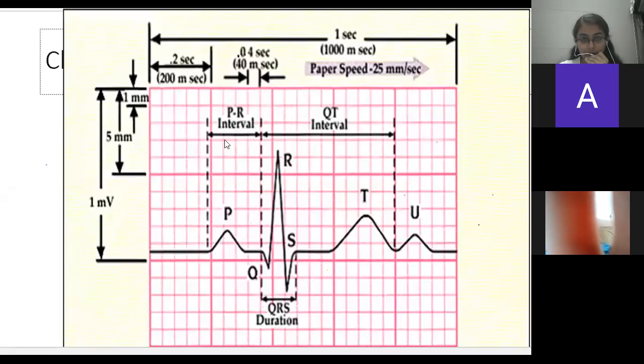This is just for you people to understand how the ECG paper looks like and what is the significance of small boxes and big boxes. Big boxes will even help you to determine the heart rate. Okay, that we'll see later. Okay, now one important thing is we saw P wave, then we have an isoelectric line, we have Q wave, then R wave, then we have S wave, and then you have another isoelectric line, then you have T wave, and then you have U wave. Yeah, we'll talk about U wave later. Just keep your concentration from P to T.